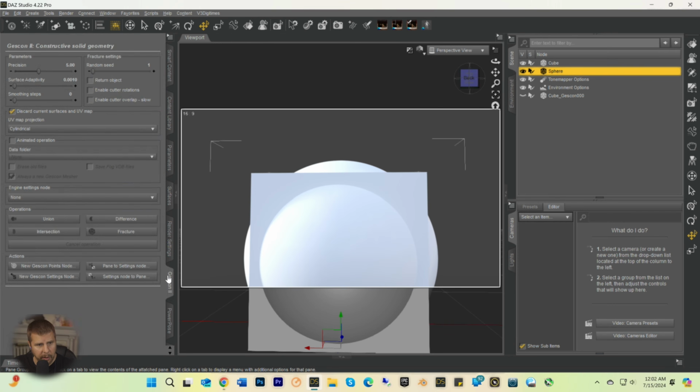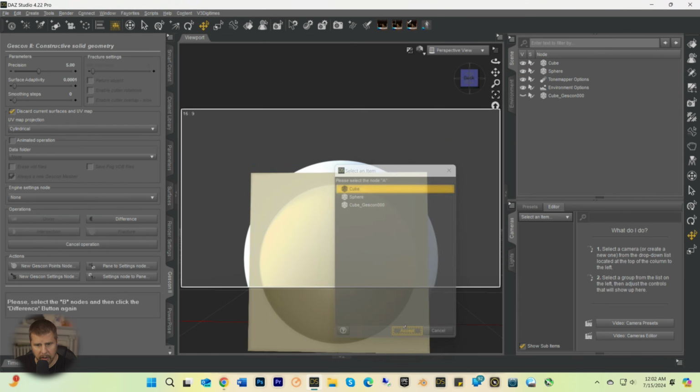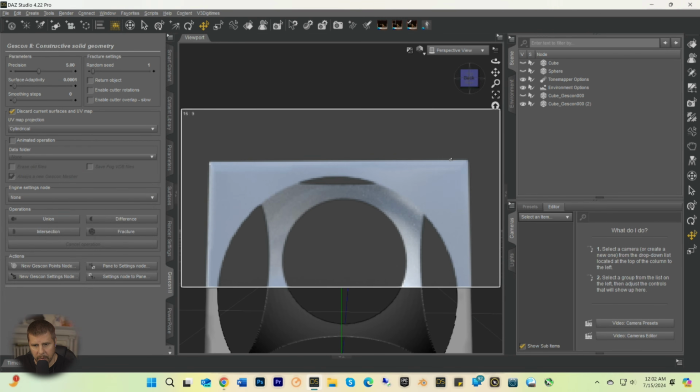Then let's see, what if we go 0.0001? Will it let us go that far? Surface adaptivity. Okay, and now we unselect difference, cube, select difference, sphere. Okay, that's even better,